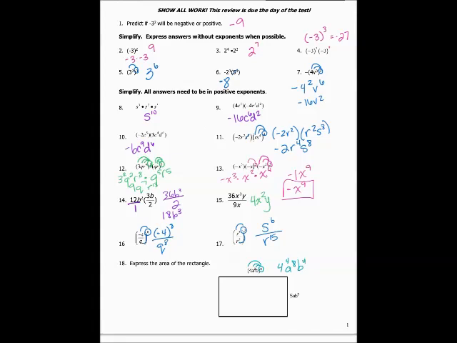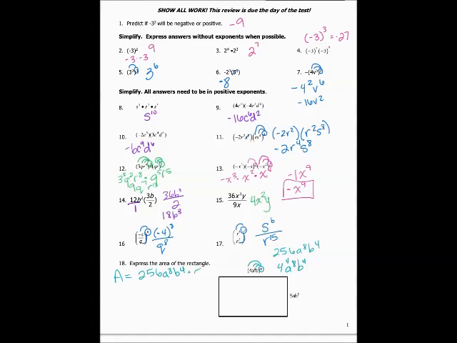So that's going to be 256, a to the 8th, b to the 4th, and now I'm going to come over here and plug into that formula that I just mentioned, which would be 256, a to the 8th, b to the 4th,